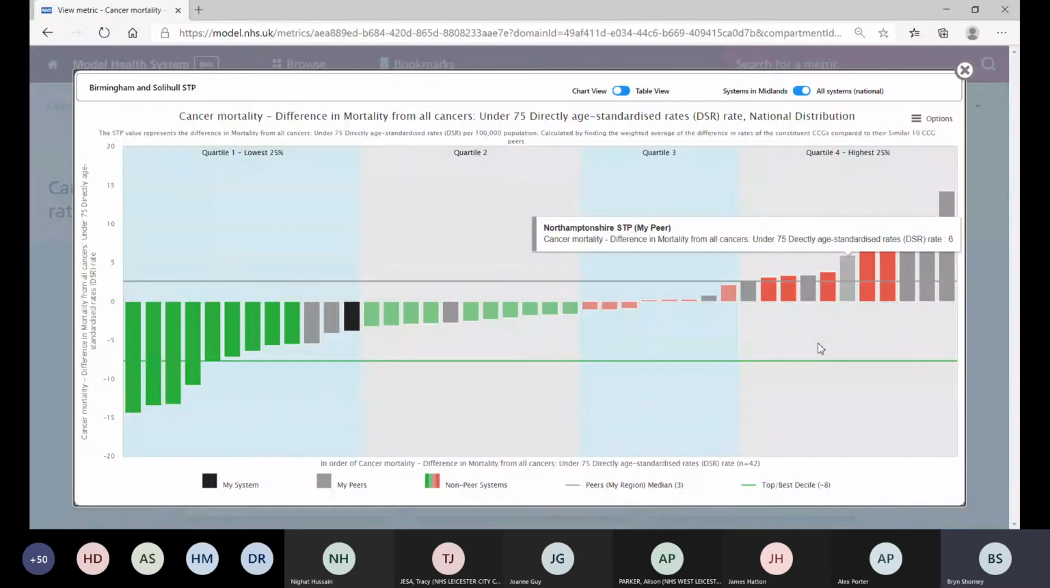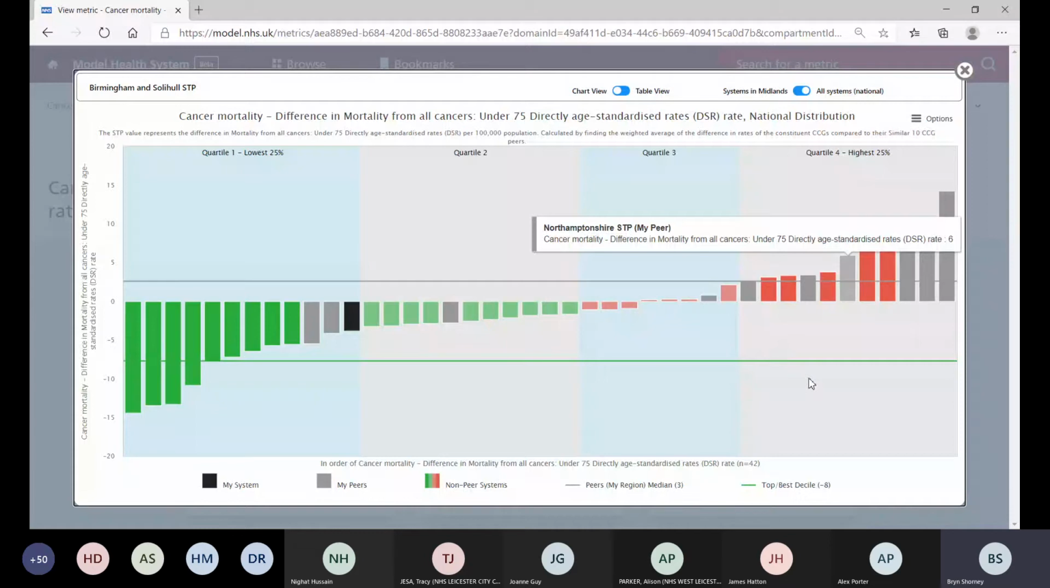So yeah, linking to the question that we've just had on the peers. Obviously, we wouldn't compare the cancer mortality rates from STP to STP directly, because there are huge differences in deprivation and other factors that will impact upon cancer mortality. So all of these comparisons are shown as the difference in mortality compared to those similar 10